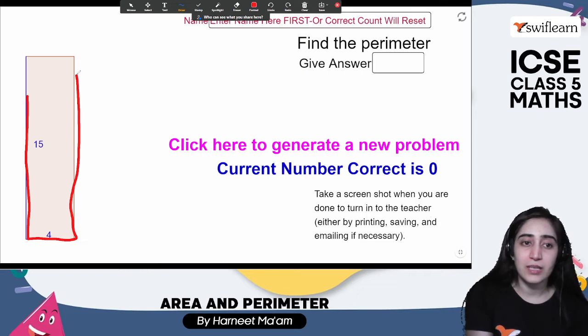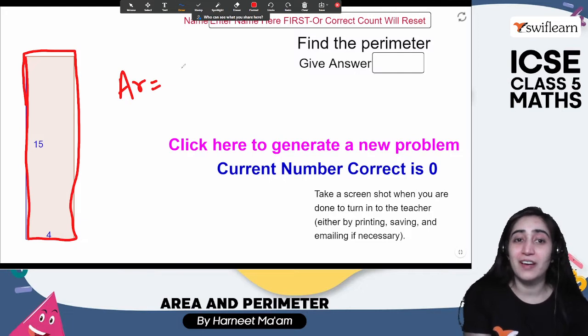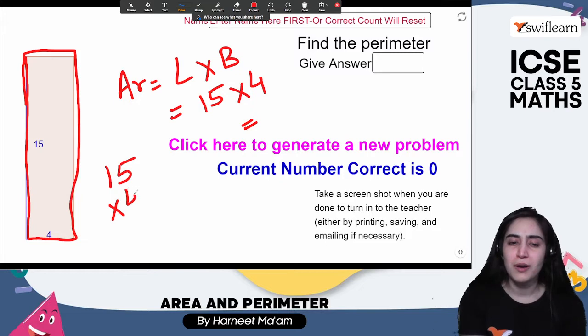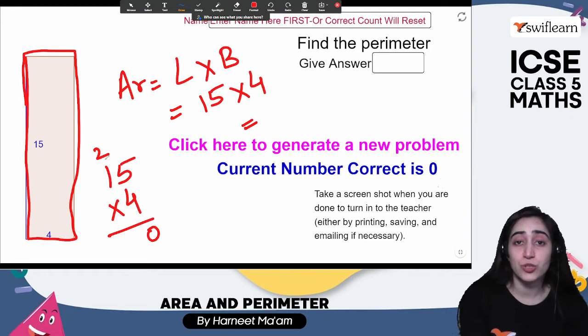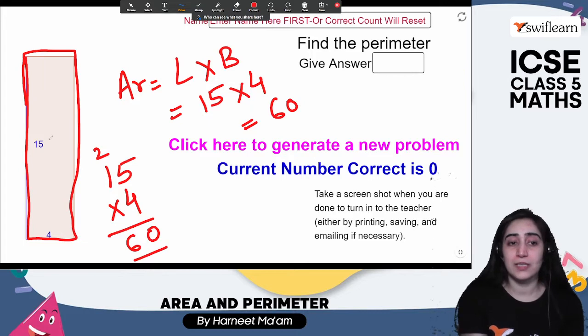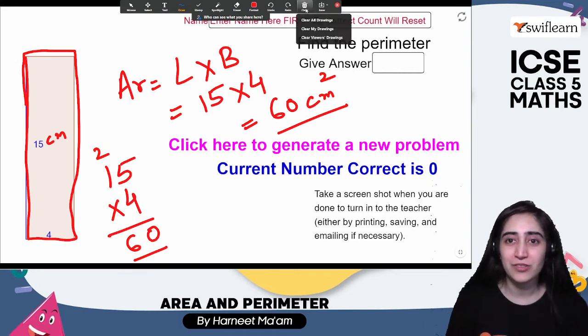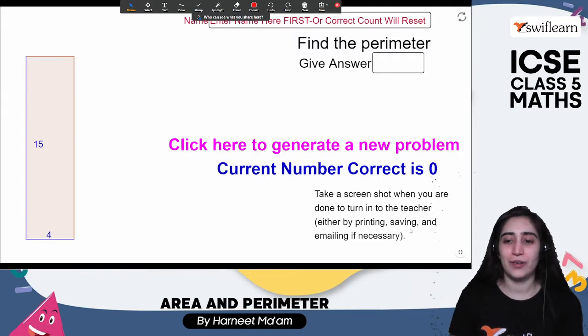But now it's asking you the area. Sorry for not making a straight line. Now it's telling you to find the area. Area is length into breadth. That means the inside pink color, that is 15 times 4. So everyone, what is 15 times 4? Let's do it. 5 times 4 is 20, 0 and carry 2. 4 times 1 is 4 plus 2, which is 6. That gives me 60. Suppose this is centimeter, then remember it's not centimeter, it's centimeter square, because area is defined in squares. So that's the easiest of all. Great, guys. All right, super.